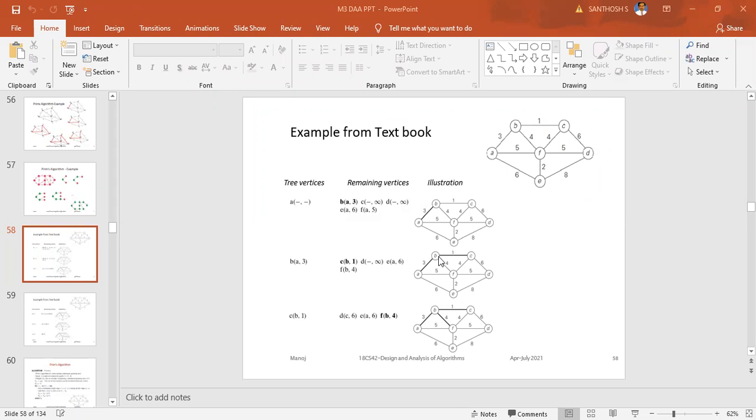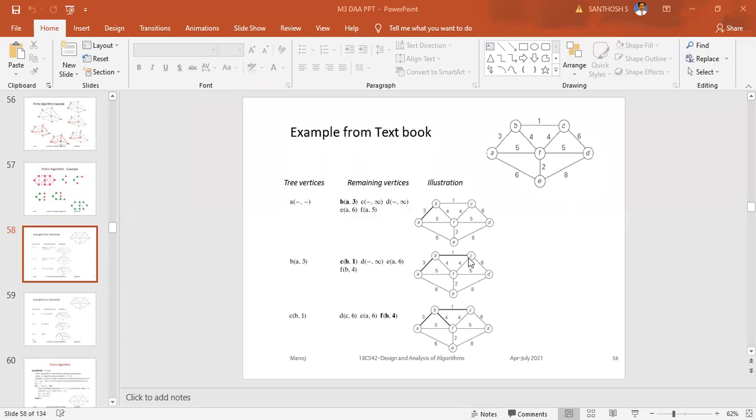So now you put B to C as 1. Here you can see what is the new thing you have got. The new vertex is C. So in 1, 6, 4, which is the minimum one? 1. So take that as the new vertex. Now which nodes are visited? A is visited, B is visited, C. Coming for C, which are the remaining nodes? D, E, F.